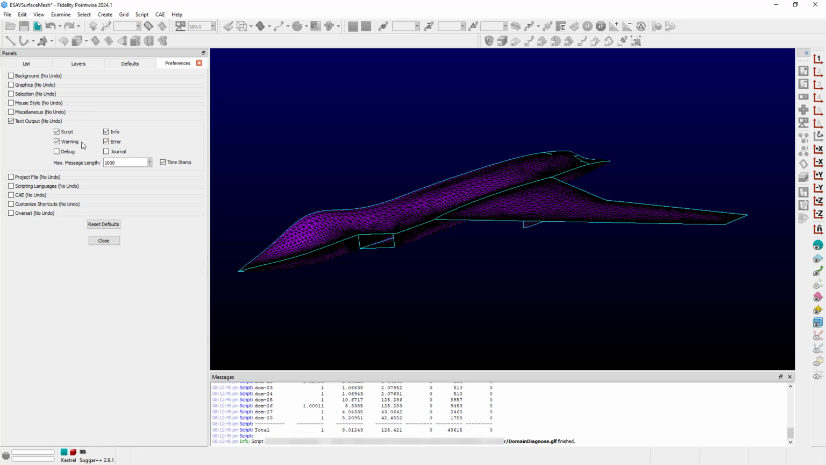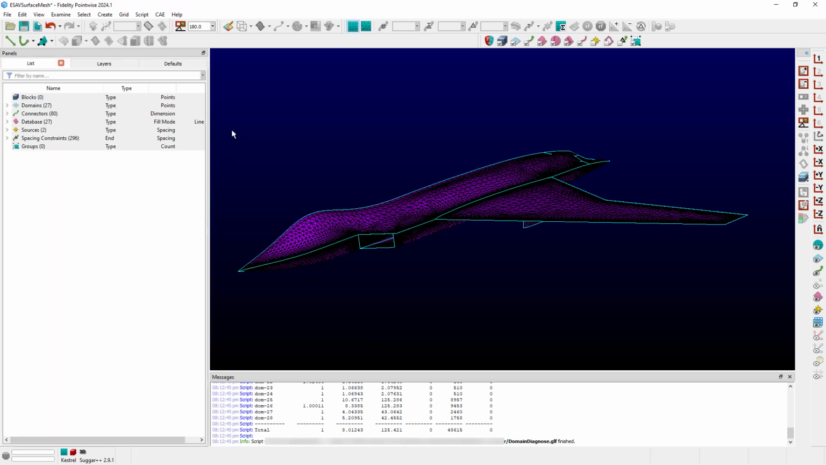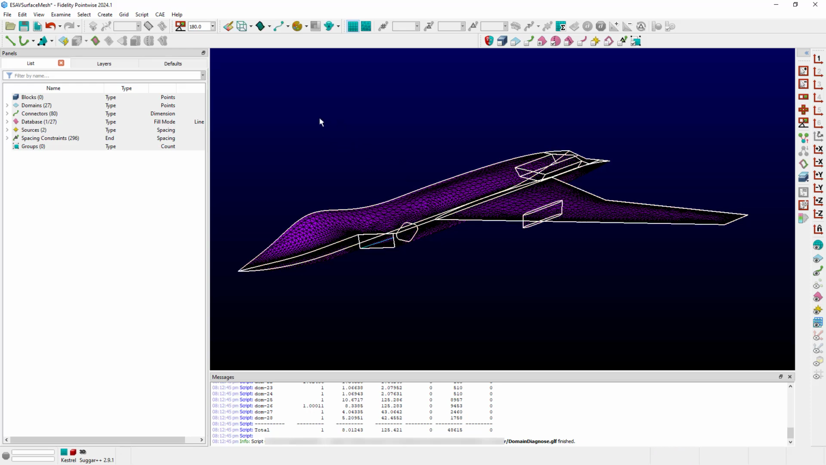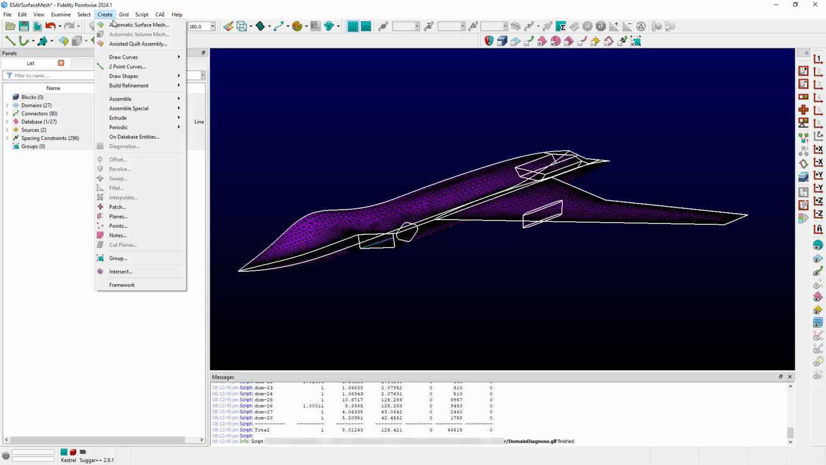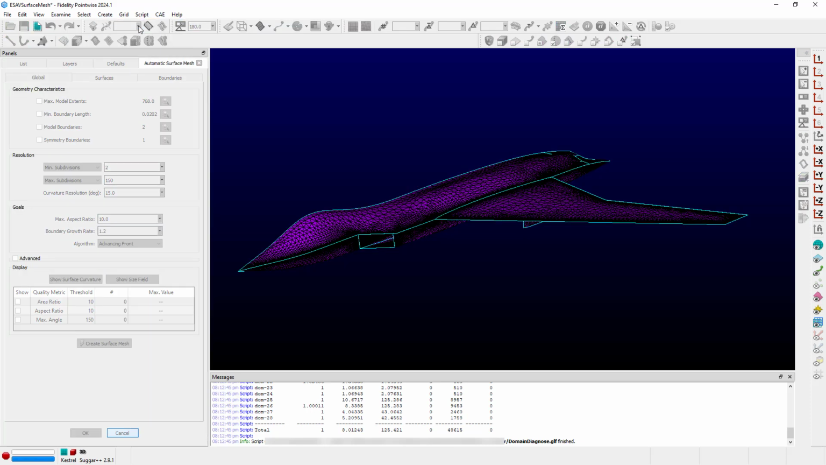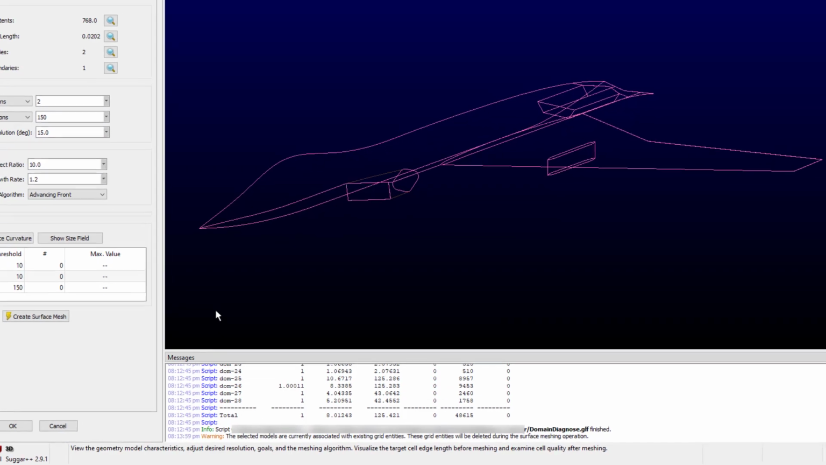The next one on the list here is the warning messages, which is also toggled on by default. And so let's say, for instance, I close back out of this. I've left warning messages checked on. I'm going to set my mask for selection of only database models. I'll select the model for the eSave vehicle. And if I go to the Create menu and go to Automatic Surface Mesh, I'm going to immediately get a